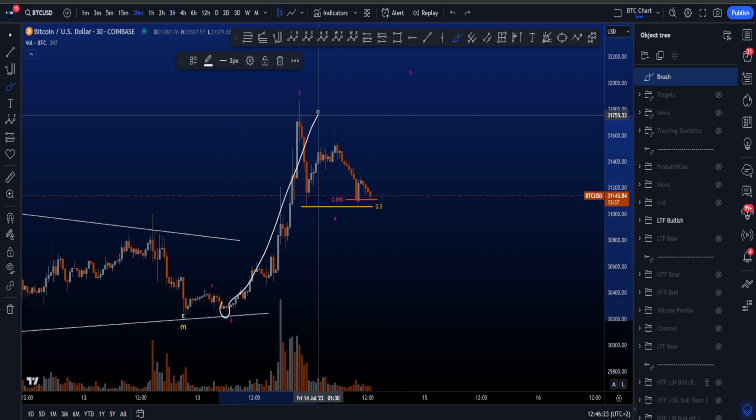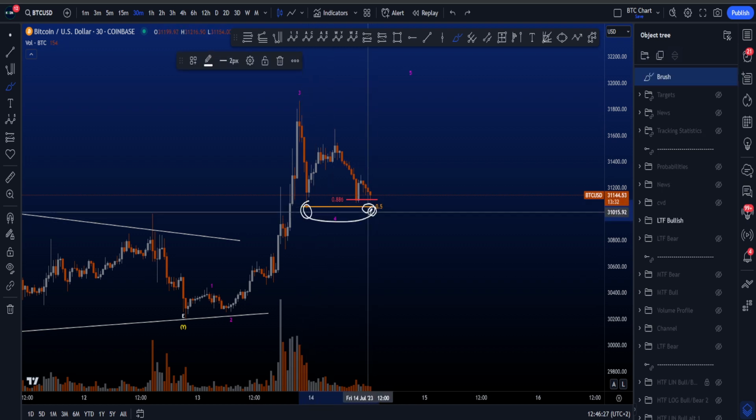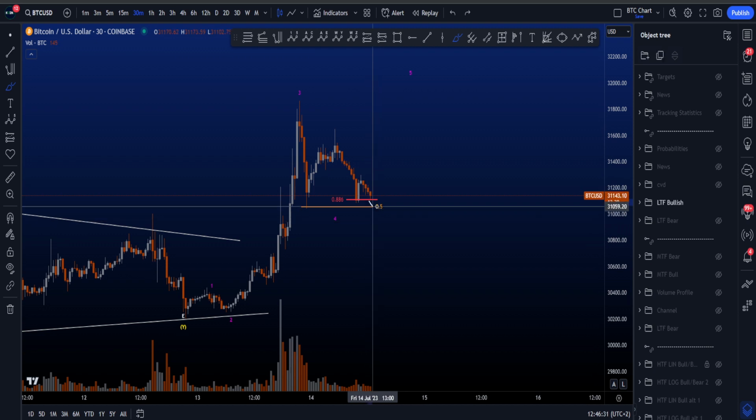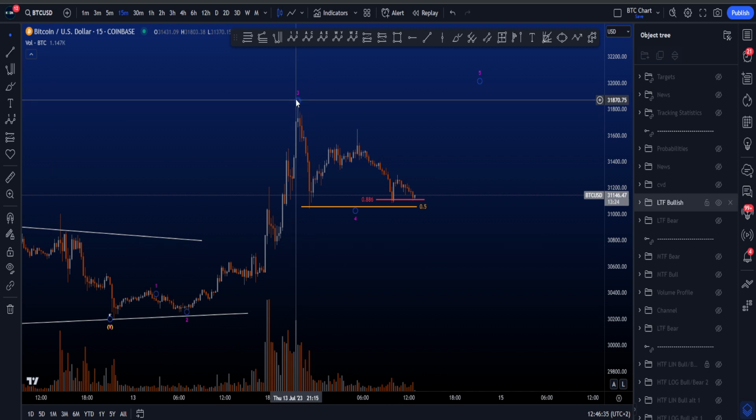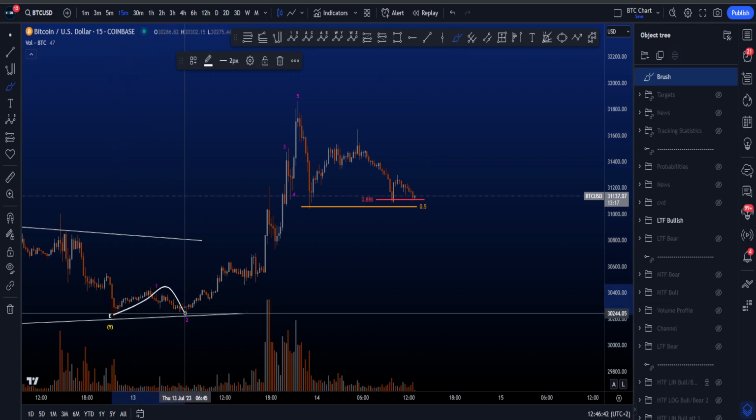0.5 is taken from the low of 2 to the high of 3. So you don't want to see candles closing below this level, preferably in a wave 4, else it's kind of invalidated for then to continue to the upside in a wave 5. And then the alternative becomes that wave 3 could go over here. Wave 5 is already finished, and this was a wave 4, where we then have a 1, 2, and then